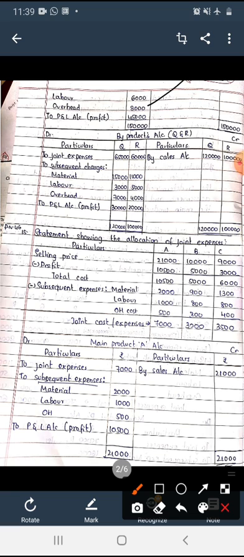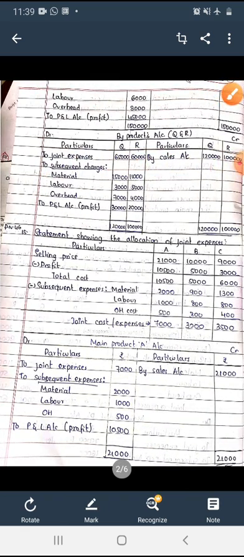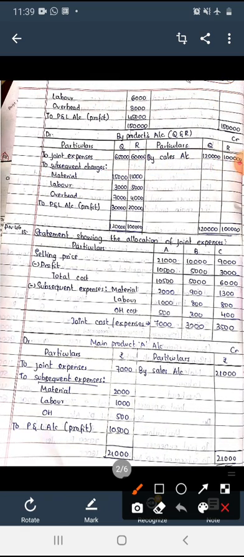Now see the byproducts account, that is Q and R. Separately we can do, otherwise together we can prepare. Joint expenses, we calculated 65,000 and 60,000. Then subsequent expenses, materials, labor and overhead. Then sales 1,20,000 and 1 lakh. Then profit 30,000 and 20,000. It's a very easy problem. It's for 24 marks, only this much. Next